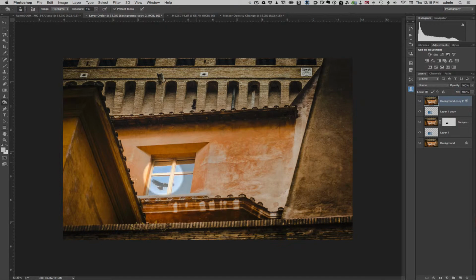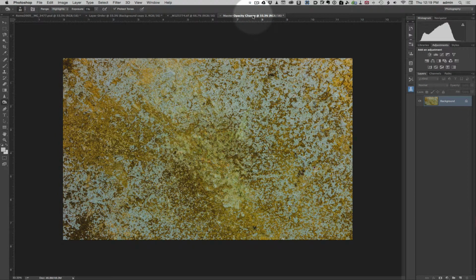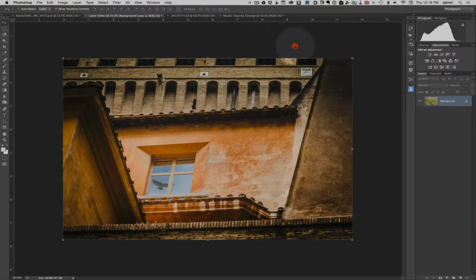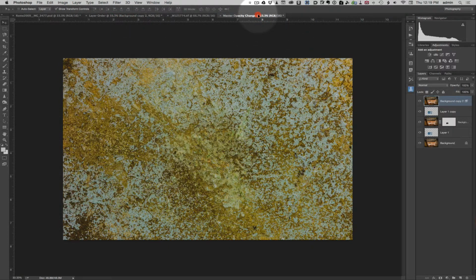Now to add texture, this selection is going to be handy, because now it's very easy to block out this area in the texture by combining this mask with our texture, and then only applying the white area of the mask of the texture. So I'll go to my texture and I'll drag it in. Well, actually, before I do that, I want to